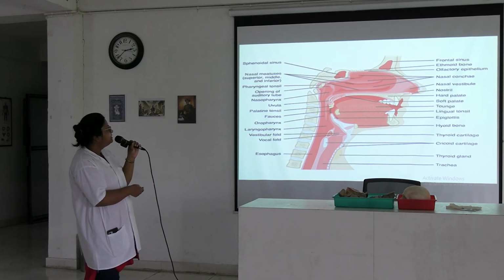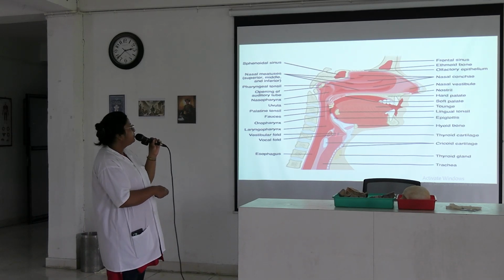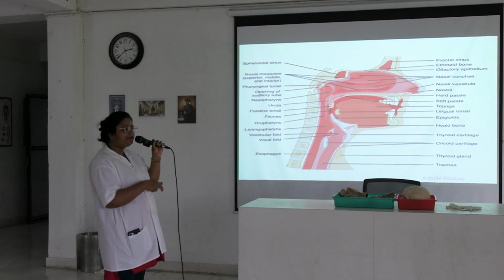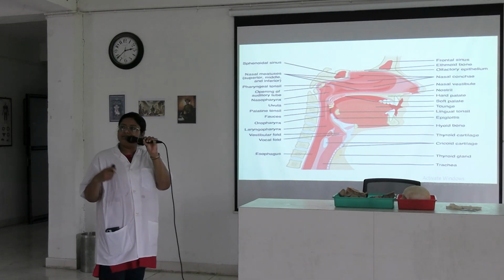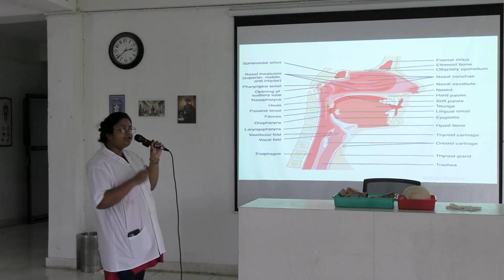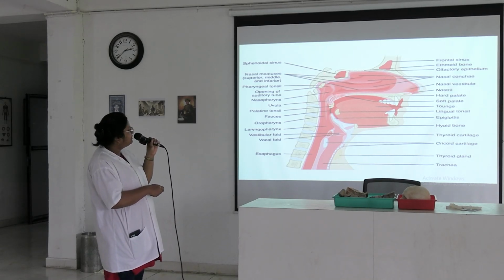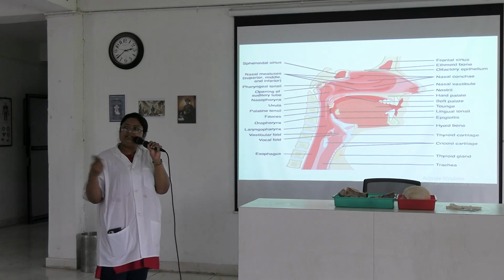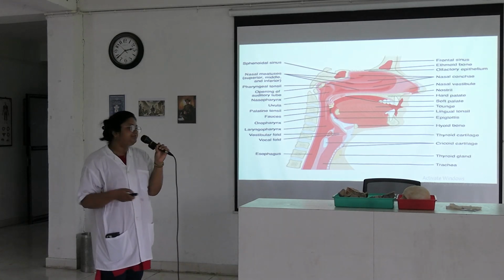So this will be the oropharynx and oropharyngeal isthmus. The oropharyngeal isthmus is formed by the soft palate above, the palatopharyngeal arches on the two sides, and below mainly by the posterior 1/3 of the tongue. This boundary is asked in your viva. And this part is the pharyngeal isthmus, the connection between the nasopharynx and oropharynx. It is formed by the Passavant ridge.